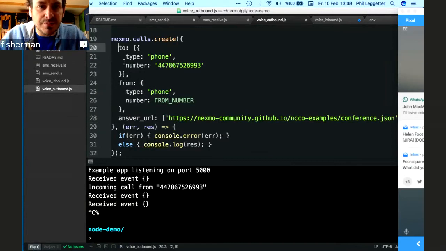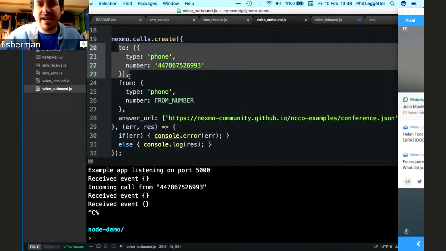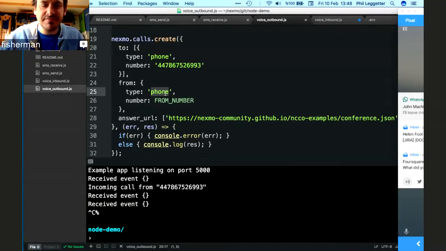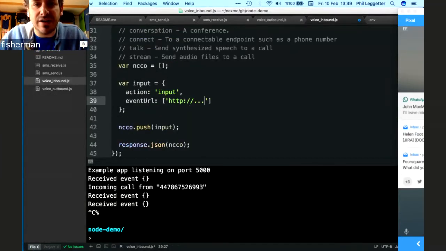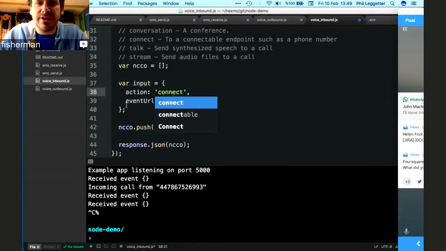I mentioned before that with two. So I'm making an outbound call, and I'm saying it's of type phone, and I'm saying it's from type phone. So we can make calls to different types of endpoints. I mentioned WebSocket being one of them. So we can, on an inbound, handle a connect. And we could say,